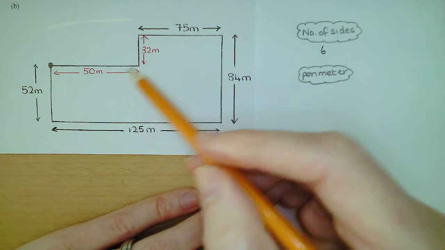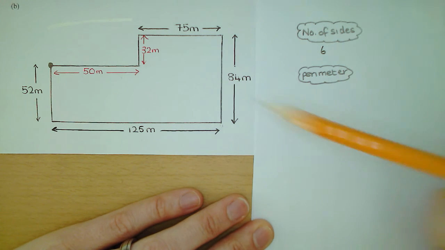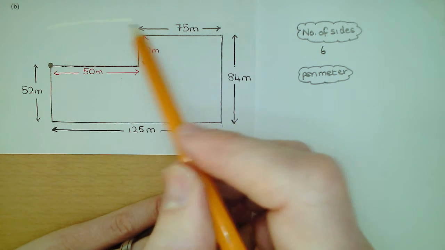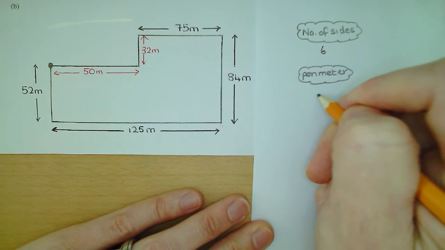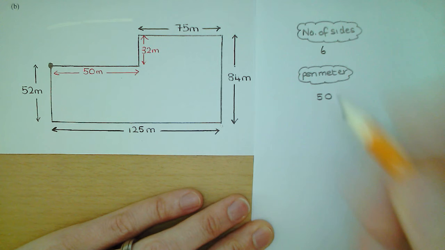Now these measurements are much bigger in this example, so when I'm adding them, I'm going to work vertically. And I'm going to start at this starting corner here, so I'm going to start with 50 and then move around clockwise until I get back to the start. So we've got 50. We then add on 32,